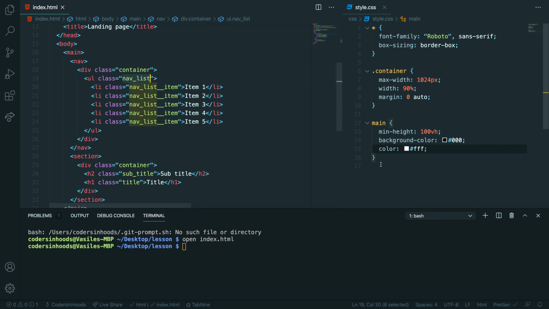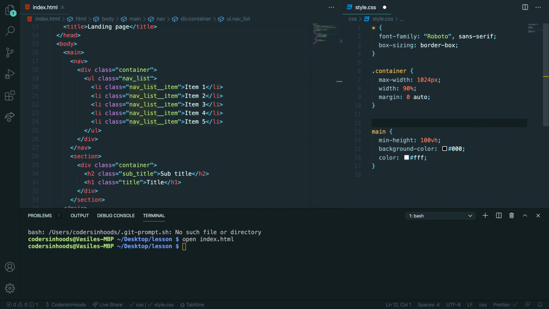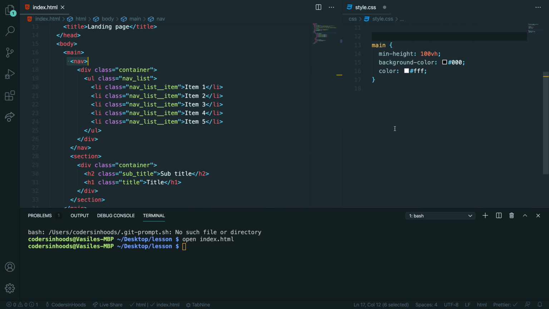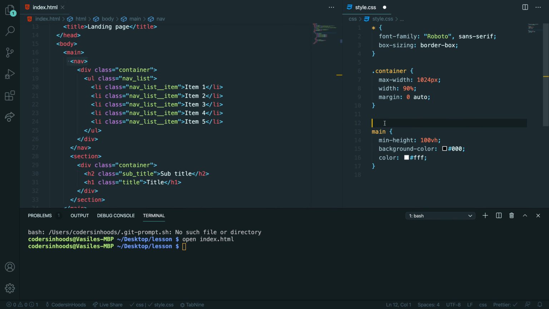nav list, here. Also, I strongly recommend you, when you start styling, do your CSS from top to bottom. So if you start in styling this section, you start in from main, then you style nav. So the order here in your CSS file should be the same. And divide your sections with comments. So here I will call it main section. And in the end of the section, I will have something like